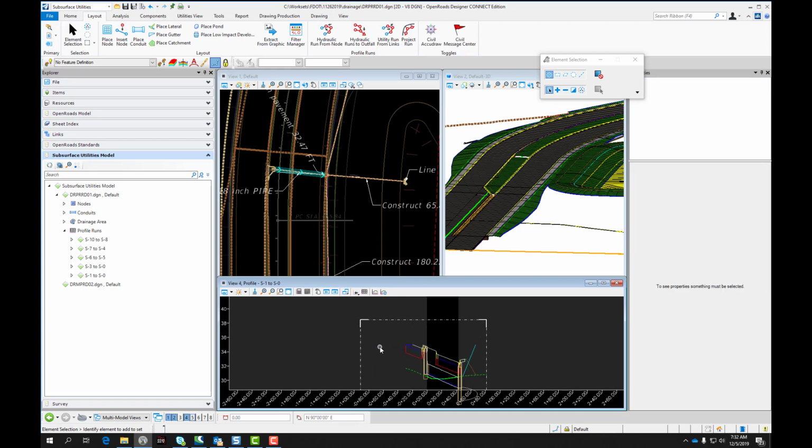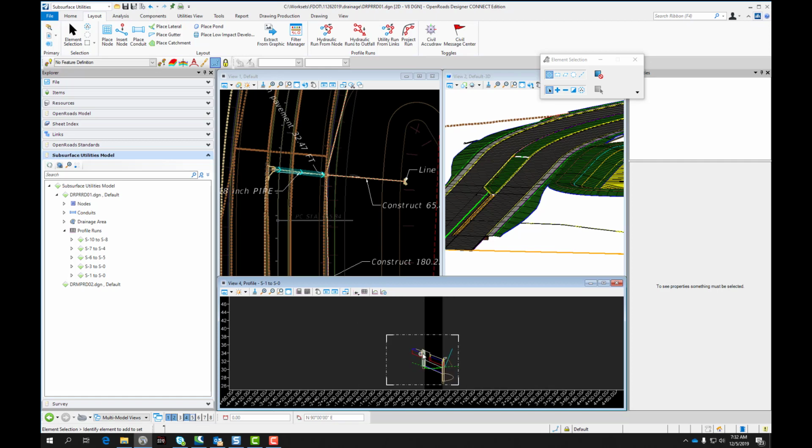And then let me just run that. It should have updated this view. That's what I was expecting. If I wanted to see the run from here all the way to there, I could easily go to profile runs and choose,